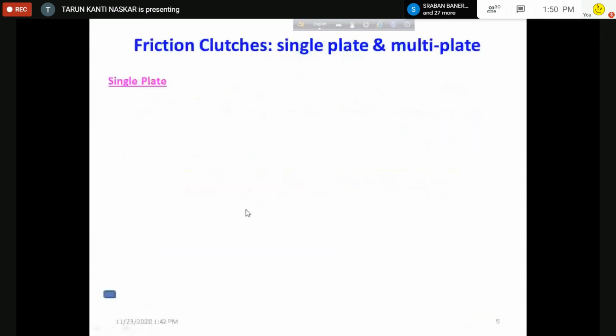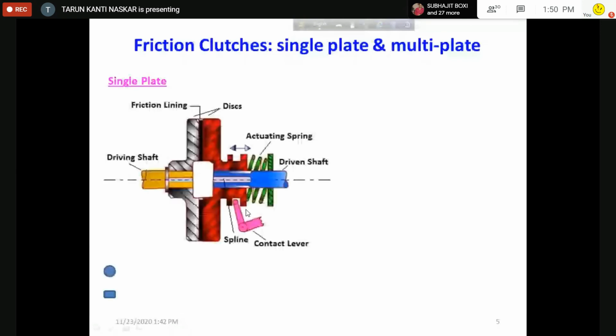Now there is the single plate clutch. The single plate clutch means this thing. This is the driving shaft, and on that side there is the driven shaft. Now the driving shaft is always rotating. This one is always rotating. So there is a lever handle. By the lever handle, it can be shifted